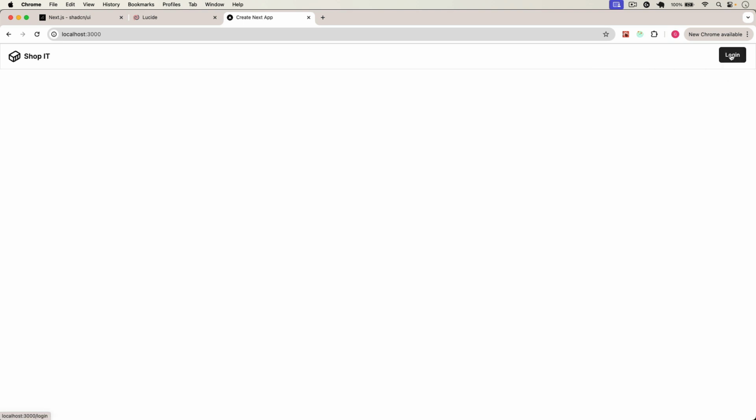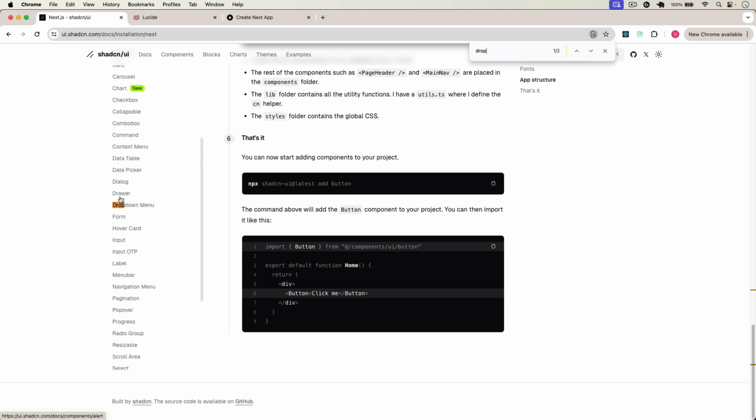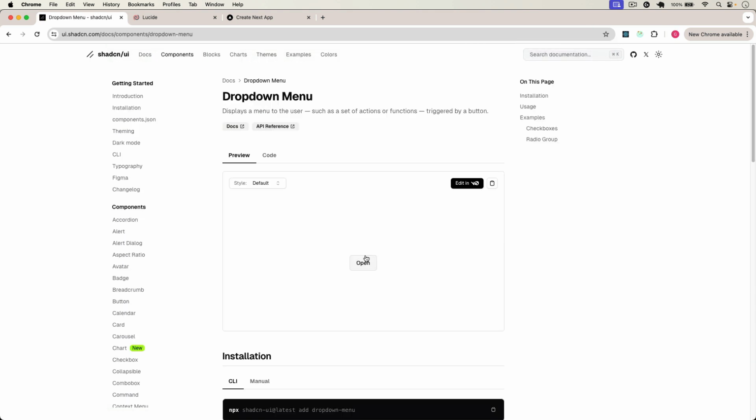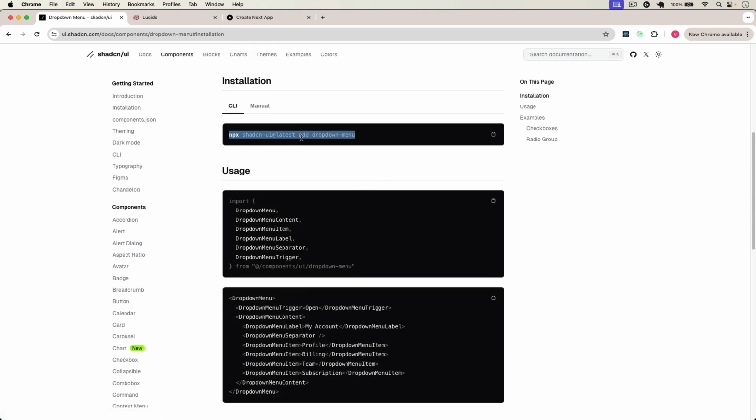Now let's add user avatar here. Okay, so for that we have to install 2 components. One is going to be dropdown menu, which is this one. So we will display user icon. If I click on that, I will get here dropdown options for that user, like settings, profile, logout. Okay, so let's first of all install this component, which is dropdown menu,